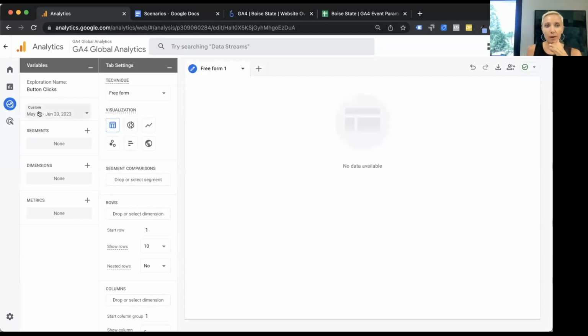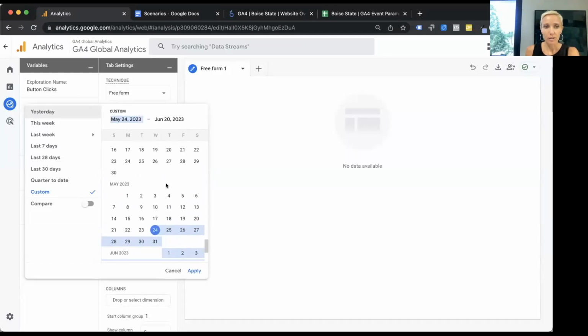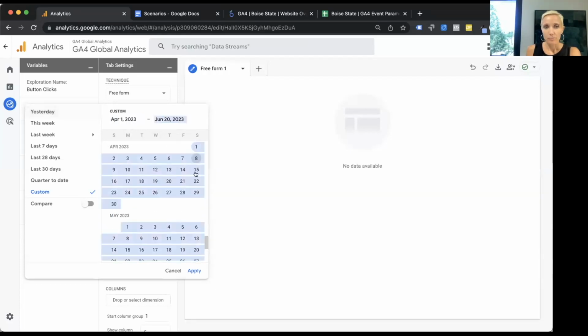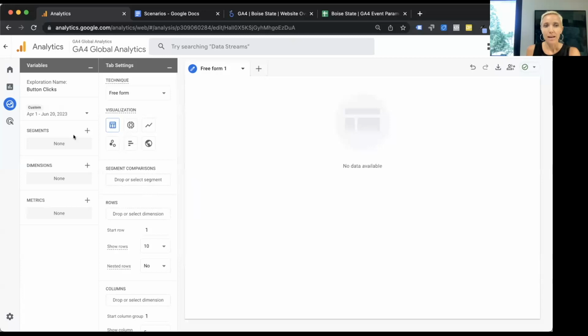So by default, as Isaac mentioned, everything sort of defaults to the last 28 days, but I can go back further if I want. So I'm going to go from April 1st through today, hit apply. And note that when you log into this report again next time, it will not go back to that default of last 28 days. It's going to save the date range that you created here. So I've had a few moments where I'm like, oh my gosh, why do we not have growth in the data? It's because this date range is static, it saves.